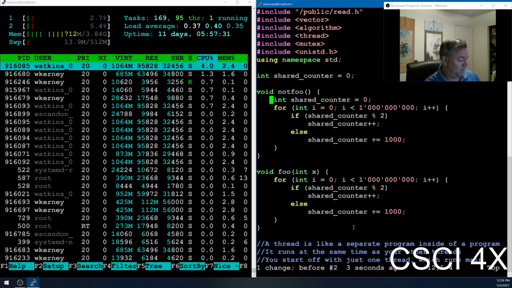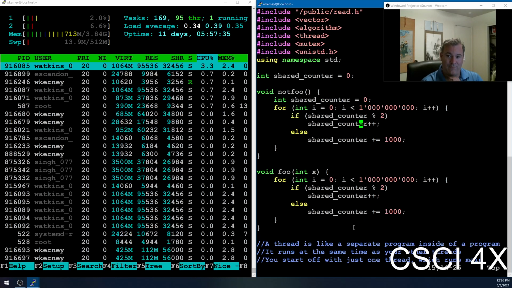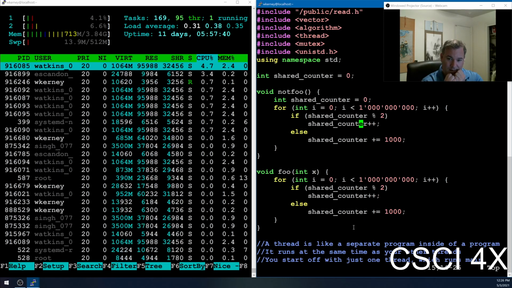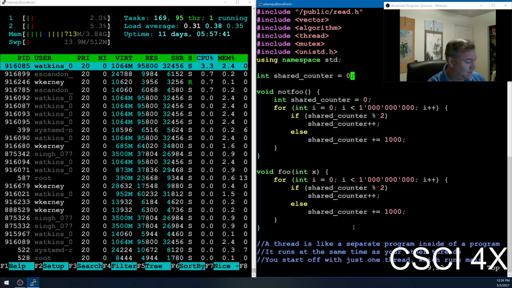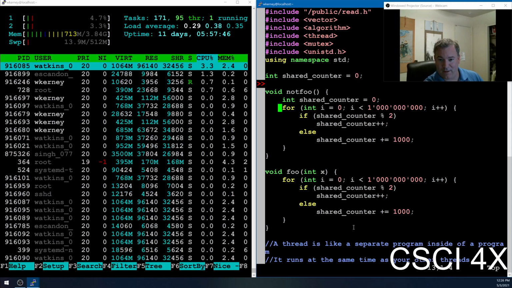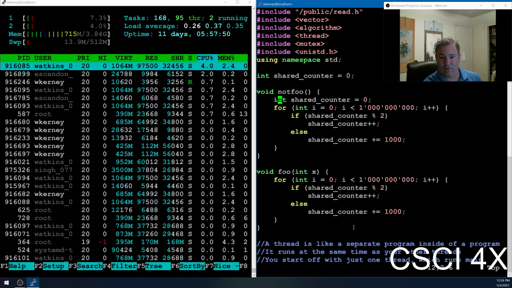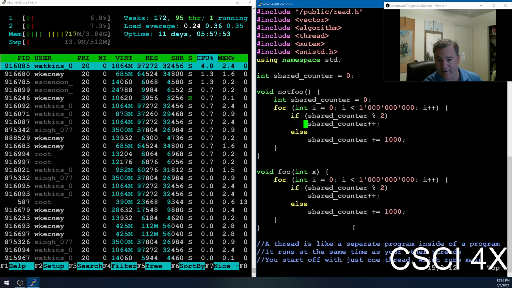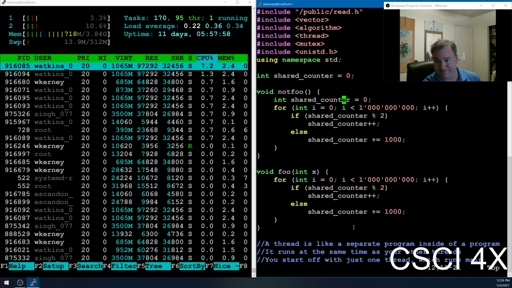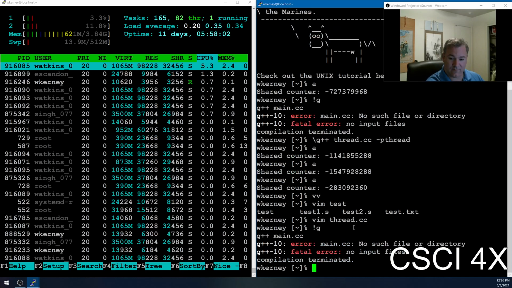Did you guys know you could do this? You can have a variable with the same name in a different scope, and that's fine. You just can't have two things with the same name in the same scope. That violates the one definition rule. But if you do this, it's fine. It's in a nested scope, and so this one is used here when we're reading and writing to shared counter. It's going to be messing with this guy, not this guy. Okay. So if we do this, then